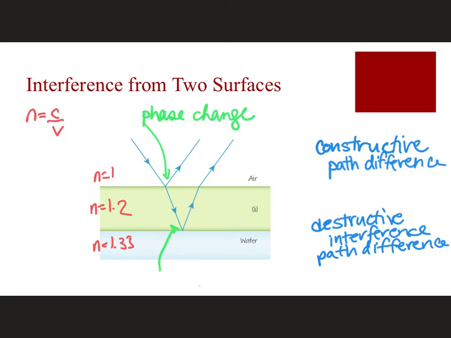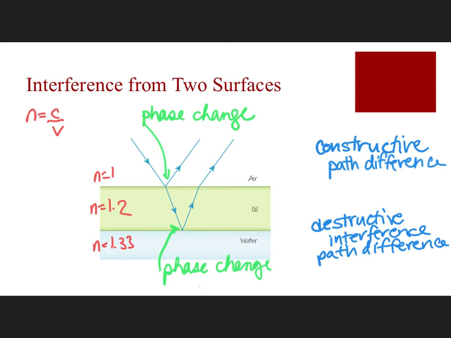And down here at the second boundary, from n equals 1.2 to n equals 1.33, will there be a phase change? Yes. Again, because it's the relative values that I need to look at, it's going from a less optically dense to a more optically dense. So now if I want them to have constructive interference,